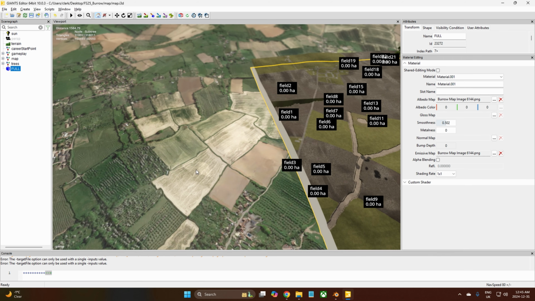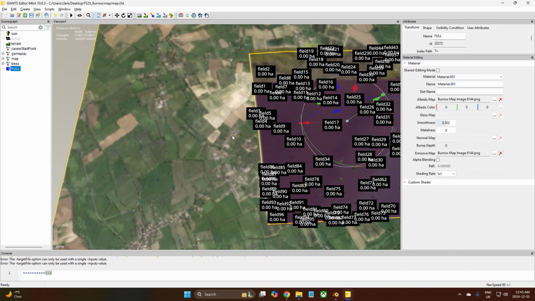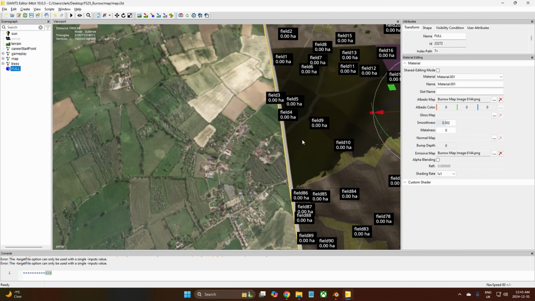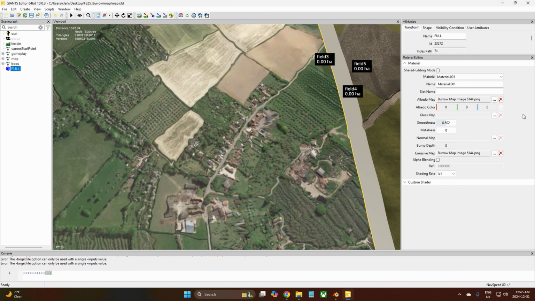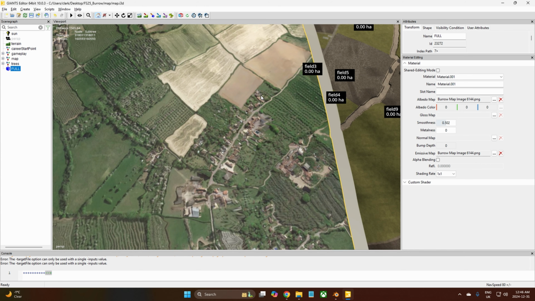Okay, so we need those two working together. Now when you zoom out, obviously it gets really blurry, which is understandable, but that's the way it is. So what you want, albedo map, and then click your image, and then emissive map, and then click your image, and then you're good to go. You can mess around with it and try things and see if you can make it look better, but this, where it's deformed here, is not the image, it's the way,